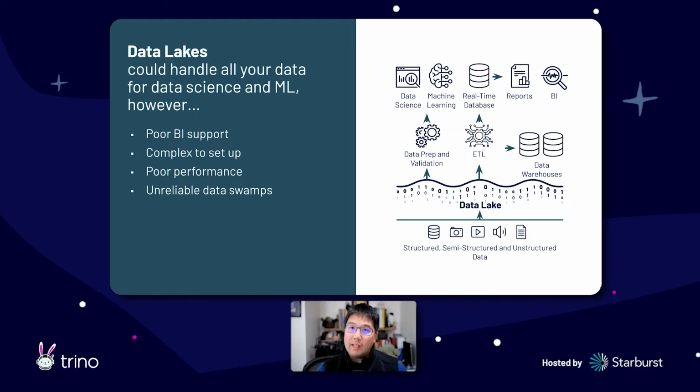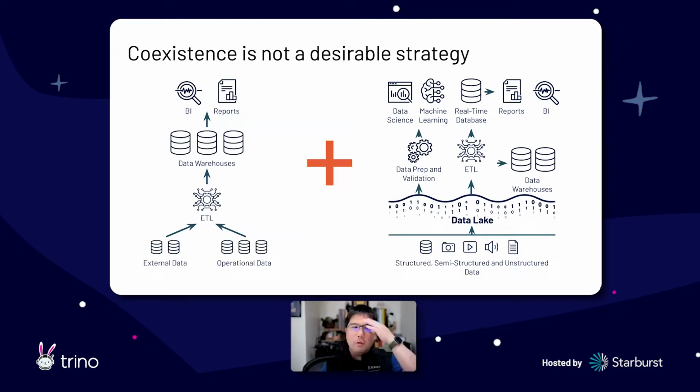And if the schemas of your data could not be trusted, the old adage of garbage in, garbage out, you don't really know what you're seeing. And so the idea of coexistence. So the idea of saying, okay, we'll have a data warehouse on one side and we'll have a data lake on the other side and everything will be perfectly fine. Well, how do you reconcile all of that data? How do you make sure that what you're reading out of the data warehouse and what you're reading out of the data lake actually made sense, that the users themselves could actually reconcile between these two different systems?